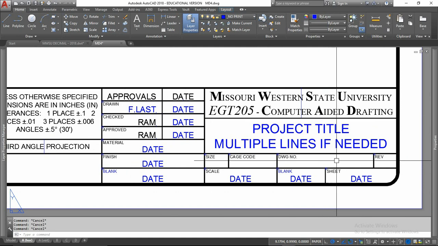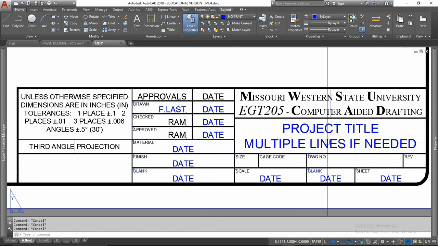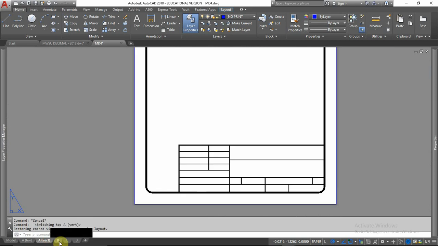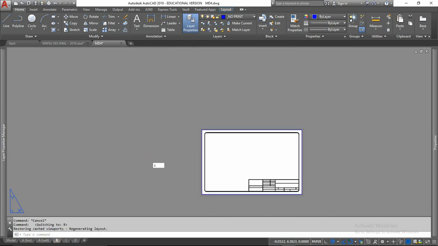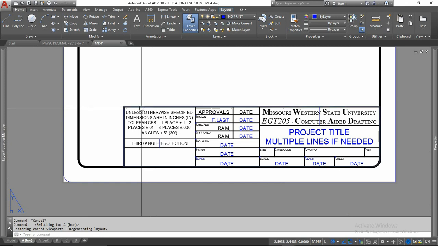You also need the text in here that says DWG number. Text in here says cage. Text here says size, and then if anything, a number right here. And then you'll have your title block, and then you can again copy all of this. Now, my recommendation when I want to copy everything over to my different layout sizes is, as opposed to copying the title block then copying the text,